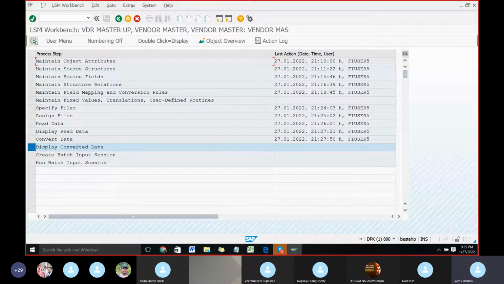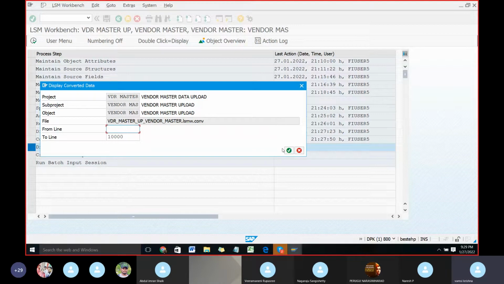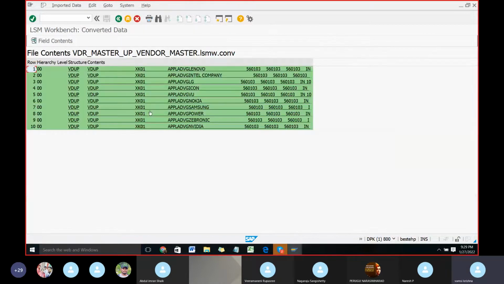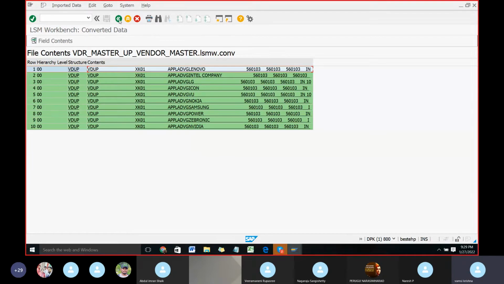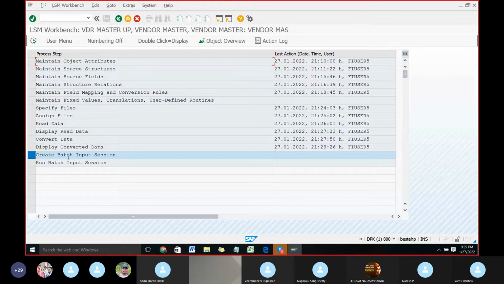Select the display converted data, click on execute. Now you can see it is in green color, whereas all these 10 vendor line items got converted. Now also you can just click and see all the vendor details here. Just click on go back, and here